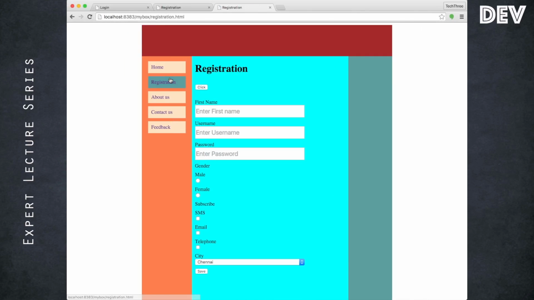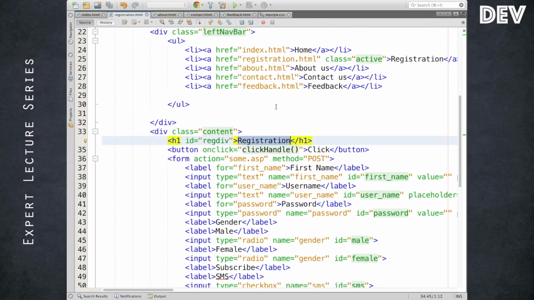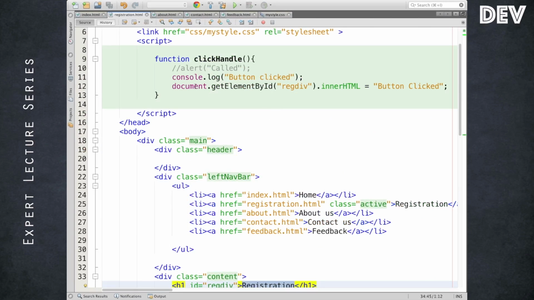So let me go to the registration page. When I click, you notice that the text got changed. So it can manipulate the DOM in various ways. Document get element by ID or get element by name. It can search through it and get the instance of that particular document object model and various values like inner HTML.